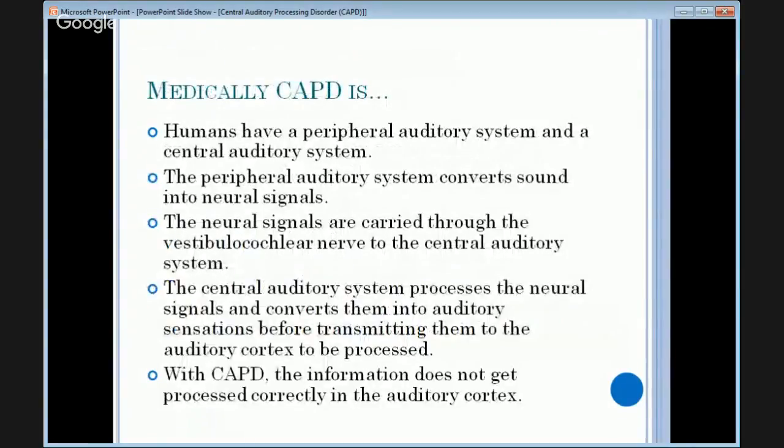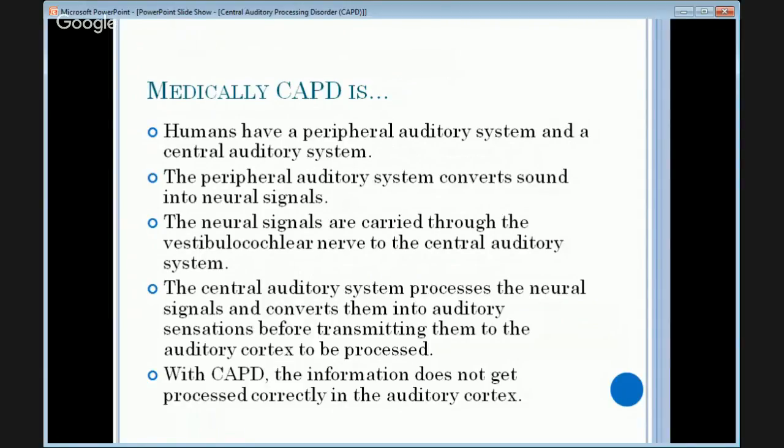Medically speaking, humans have a peripheral auditory system. The peripheral auditory system converts sound into neural signals, meaning it is your initial intake of sound through your ear canals. The signals travel along the vestibulocochlear nerve to the central auditory system. The central auditory system processes the neural signals and converts them into auditory sensations before transmitting them to the auditory